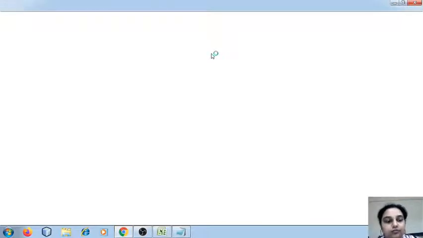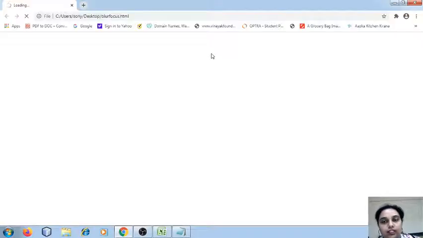Yeah, it's loading. Yes, so we can see that the file is being loaded, blur focus HTML.